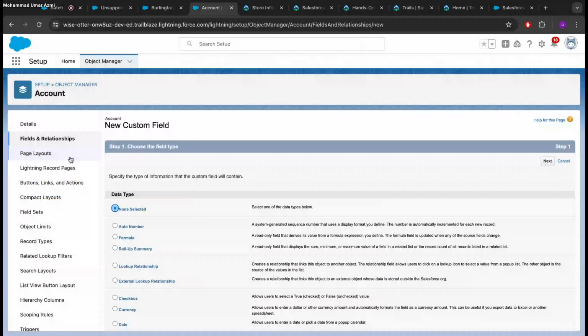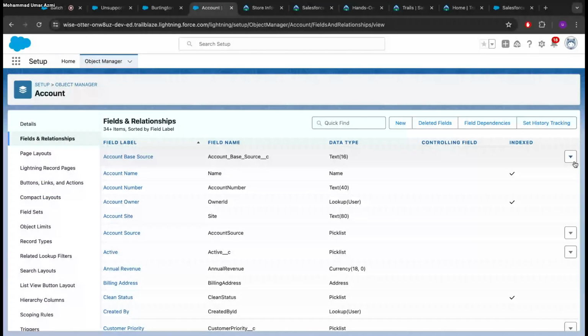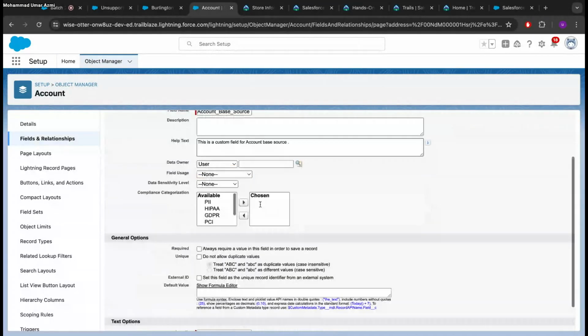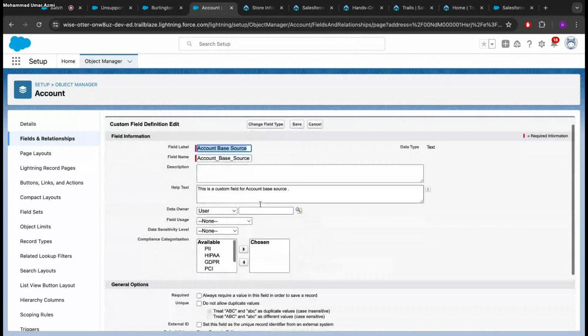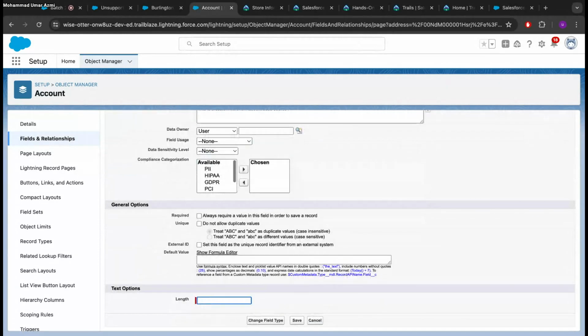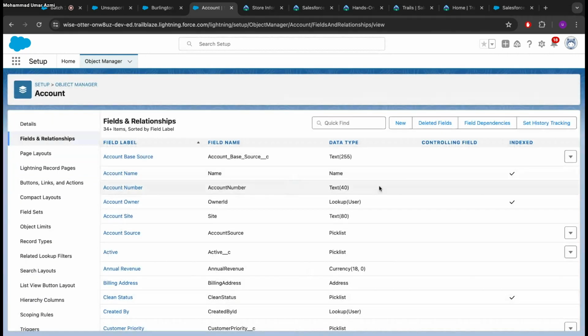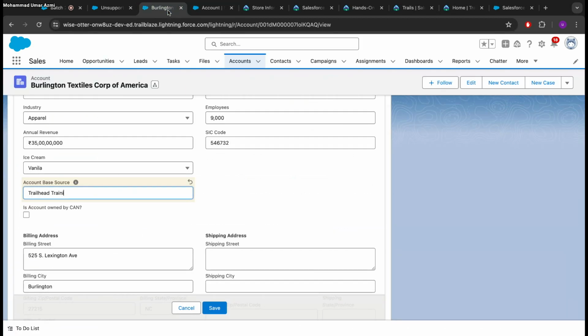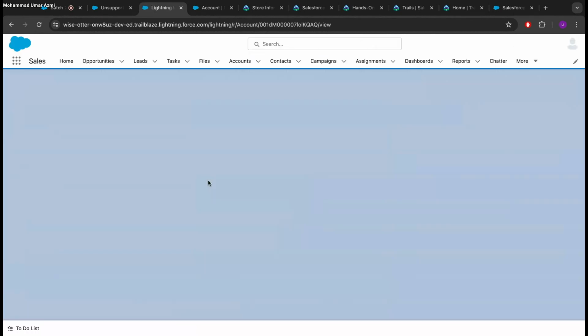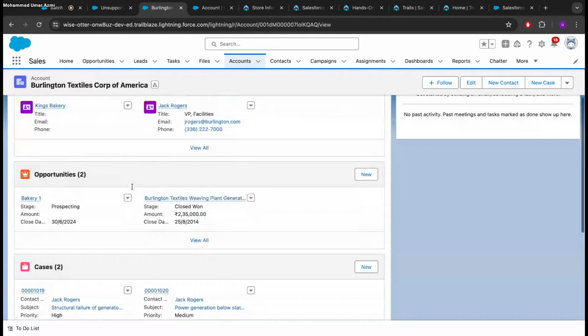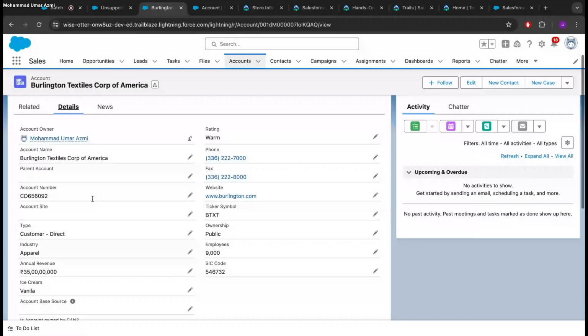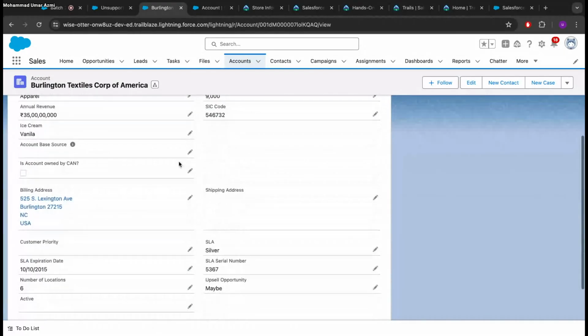I'll go back to this account-based source, and if I click on edit, do you see the length I've given? I've given a length of only 16. So when I gave a length of only 16, it was only allowing me 16 characters. That was the reason I was not able to save it. Now I have made it 255 characters. Let's quickly refresh it, going back to the details tab again, and let's try to